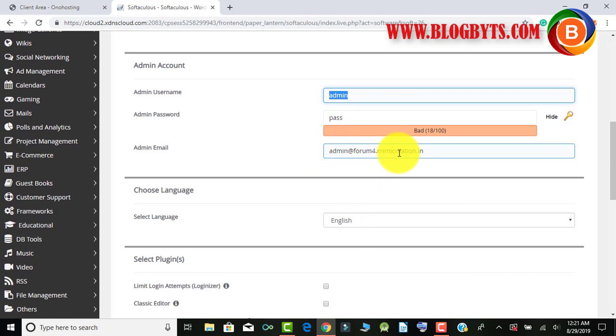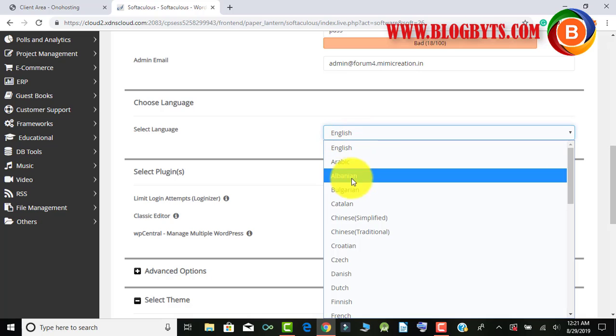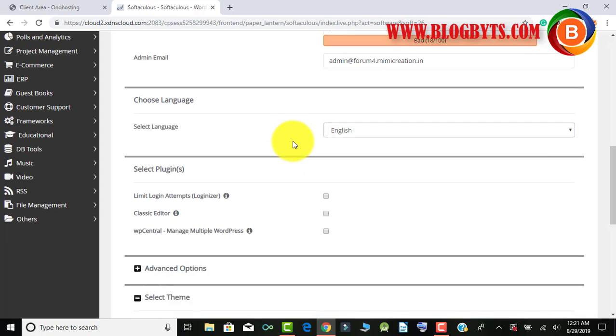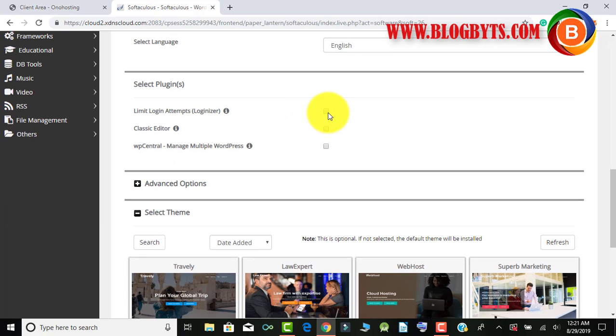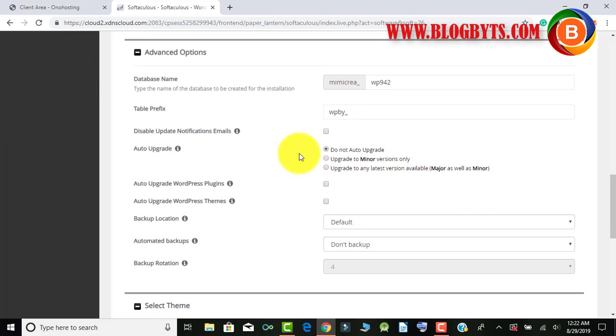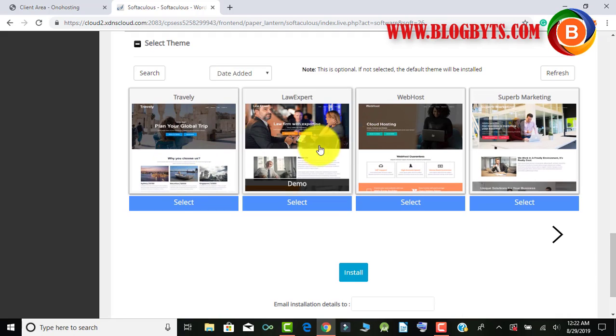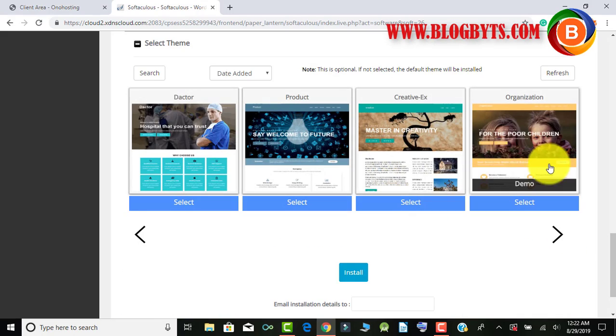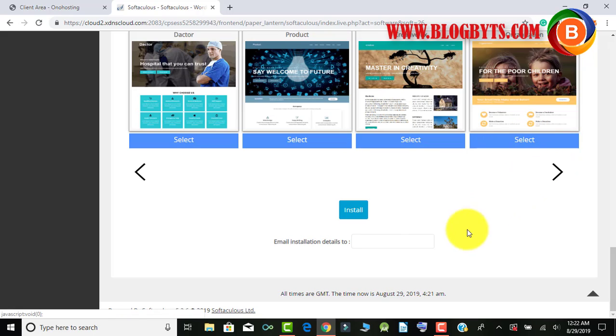You can add here the admin email. You can select the language, and there are a couple of advanced options which you can select, like classic editor or the login items, but as of now these are not required. If you go down, you have the option for the database. I'd prefer you don't touch it here if you don't know what you are doing. Here you can select the themes if you want to do that now, and at the end you have to